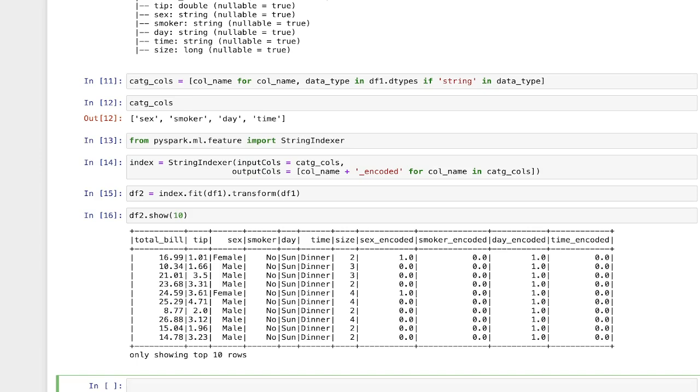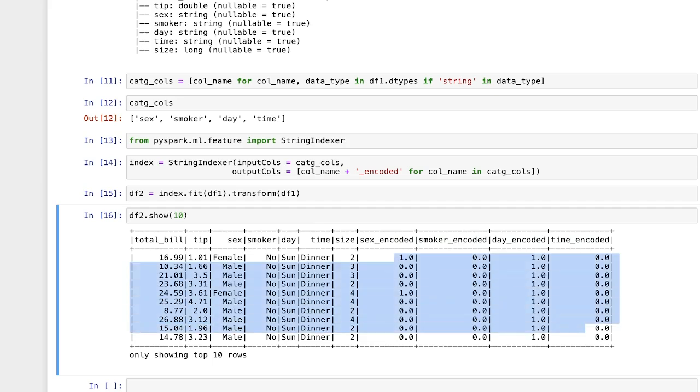As you can see, all the right aligned columns are our encoded columns. They have the previous column names from which they are generated, with underscore encoded as suffix. This is the name that we have given to them. Fine. And as you can see, they are in numerical format, either 1 or 0. So these are the columns that we will be using for further processing, and all the categorical columns we will be deleting from our data set.